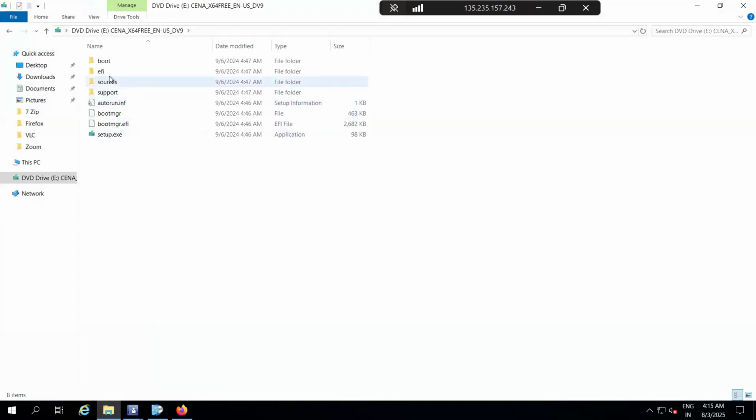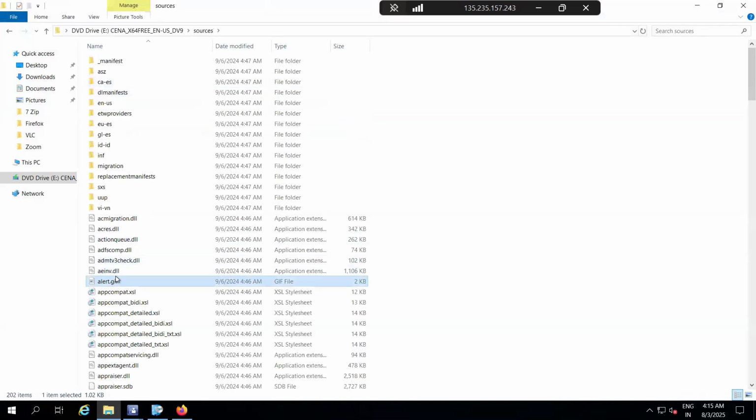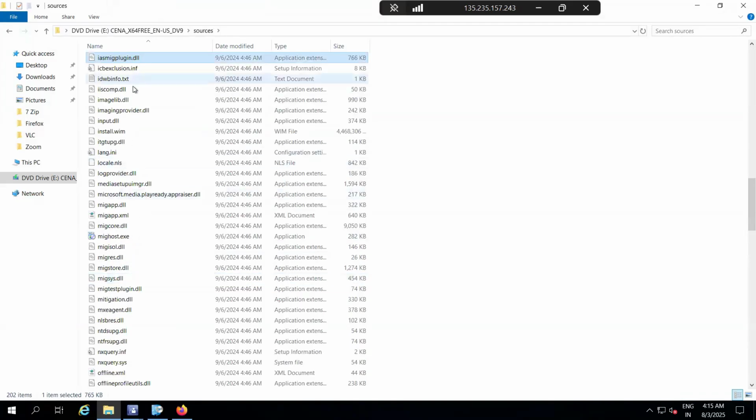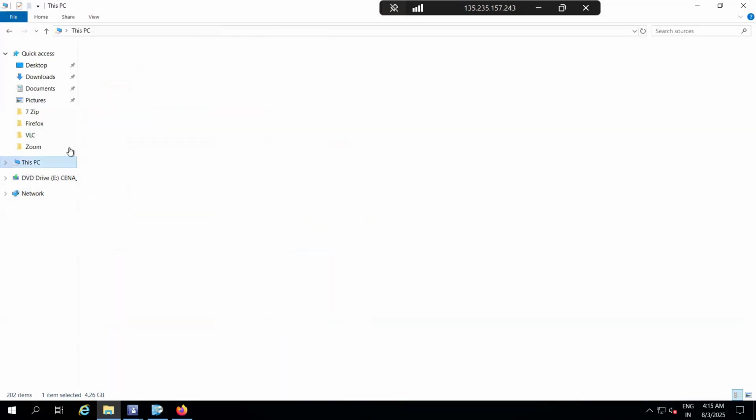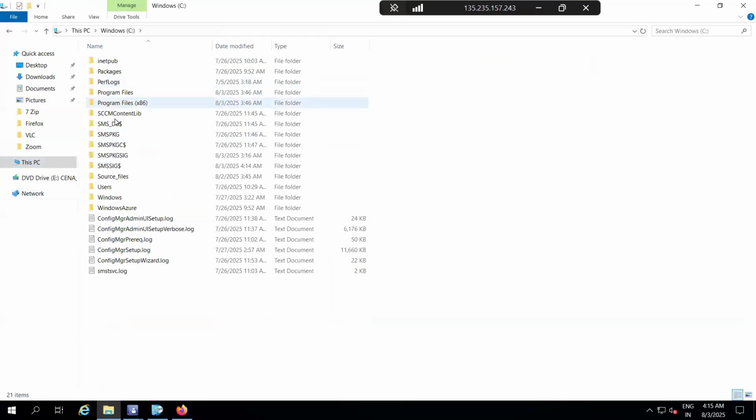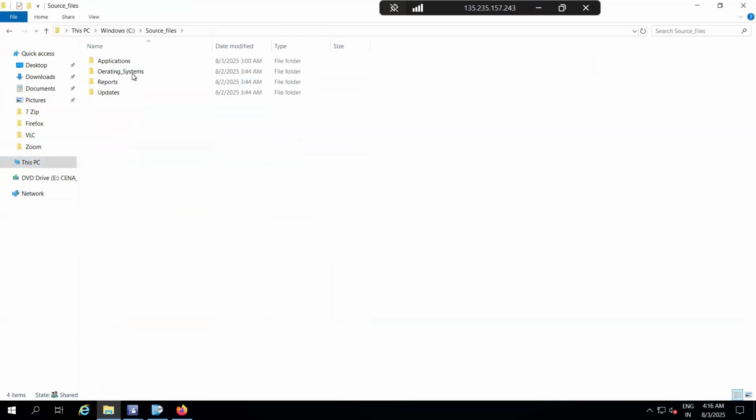Where we will be able to get it, sources and then install.wim file, right? Copy it and go to your C drive, source_files, operating system, and I'm going to create one folder called win-11 and I'm going to keep it here। ठीक है।